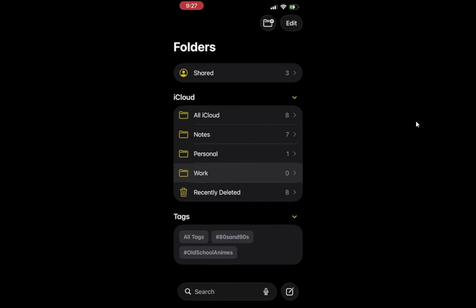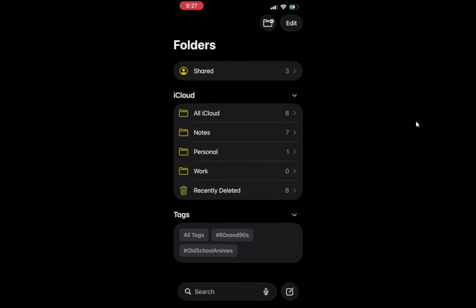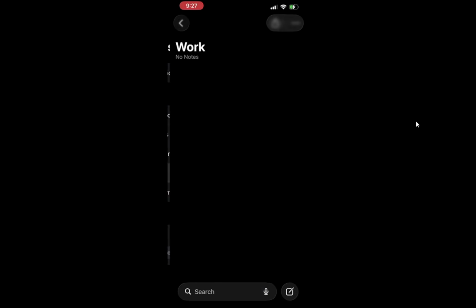This could involve editing, sharing, or even deleting notes as needed. The organization into folders allows you to manage your tasks or thoughts effectively. You will appreciate how this structure keeps your notes from becoming overwhelming.